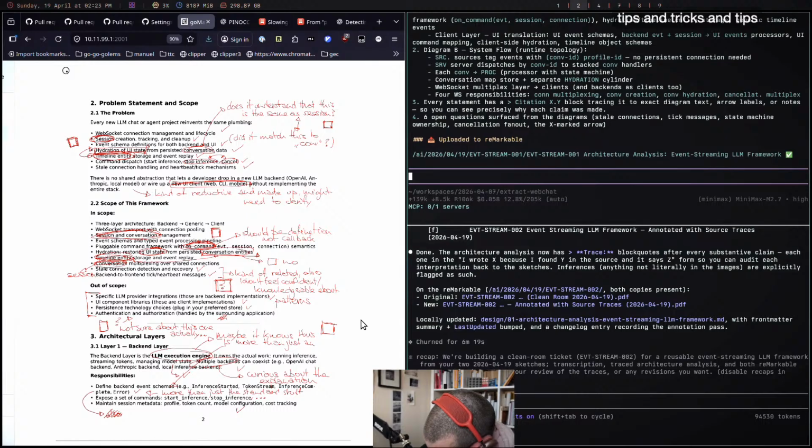So continuing the review, I said this is a topic that I'm not sure about, the little thing that I marked with a question mark over here. Then the out of scope, I made a note like authentication and authorization is something that I completely forgot, and I'm like, this might be worth adding into the main framework. I think authentication and authorization probably should be built into the generic thing.